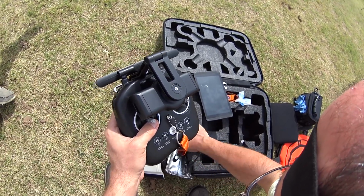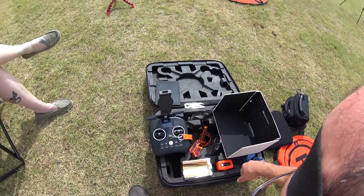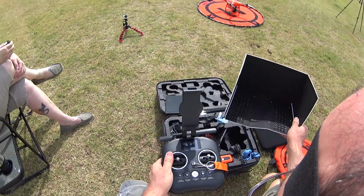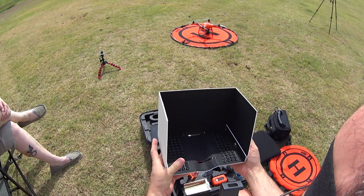But I also got these range extenders. All right, guys, we're having all kinds of technical difficulties today. Do not know what the deal is. I've never had this problem. But anyway, this is a hood for the DJI